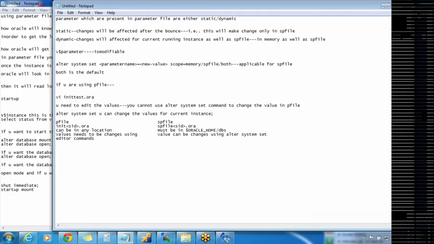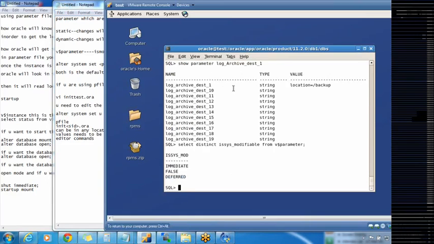Now the other important difference is, to change the value in P file, you need to open that with vi editor and change the value, correct? For example, if you want to change the location, here I changed log_archive_dest_1 to location equal to /backup, correct? Now if I want to change log_archive_dest_1 to /backup1, and if I'm using P file, or for example I want to change it to backup,